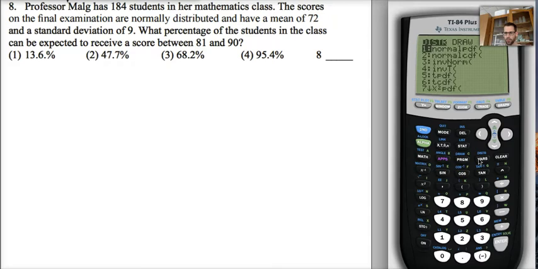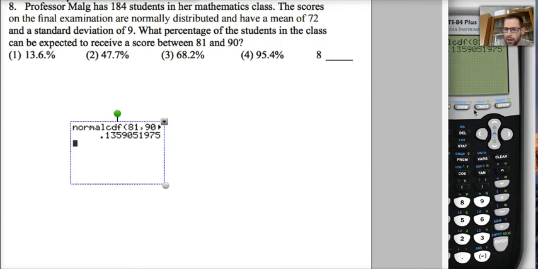So I go second vars to the distribution page there, and I'm going to do normal CDF. Okay, so let's see. There's a mean of 72. I'm not going to worry about my upper bound yet. I'll come back and put that in. A standard deviation of 9. And I want to know scores between 81, so that's my lower bound, and 90. It just says what percentage. So the fact that they told me how many students there are doesn't actually make a difference here. And when I run this thing,